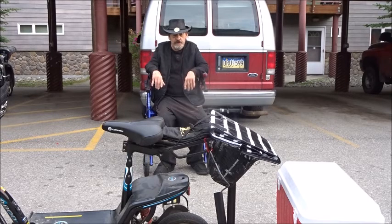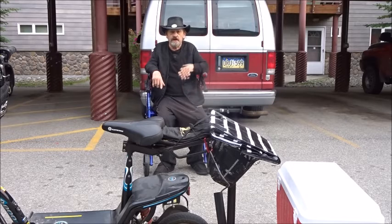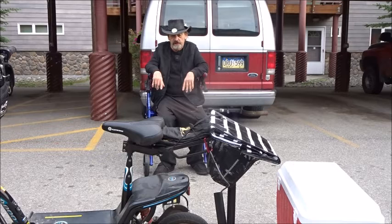So I have to determine just how much weight this thing will pull, and not just on flat ground, because it's not all flat around here. Alaska is a mountainous place, and even here in the valley, it's hilly. So I've got to see how much weight it'll pull, and then what its range will be with the load on. Now, unloaded with my weight, which is extremely light since I lost a lot of weight when I got sick,